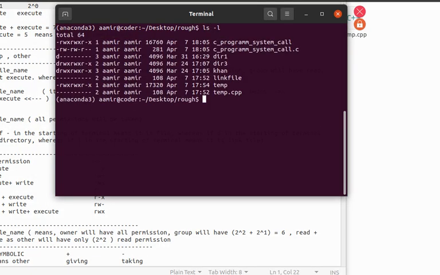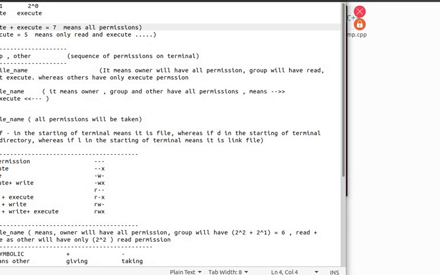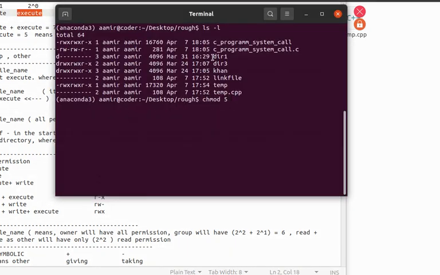So if I use 5, as I said, add this and this. Now with 5 and 00, the other permissions will be taken, and only the owner permission of read and execute will be given to dir1.